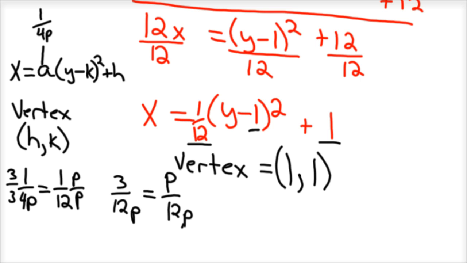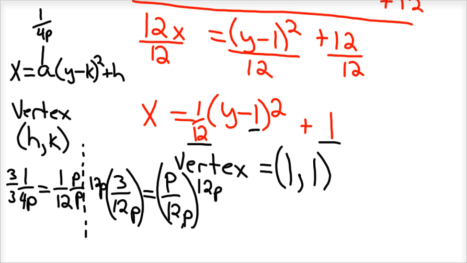So I'm going to multiply this side by 12p. Let me break this up. I'm going to multiply this side by 12p, and whatever you do to the left side, you also do to the right side. So I'm going to also multiply this side by 12p. And what happens is your 12p's cross out in both cases, and so we know that p is equal to 3. And so that's the distance to my